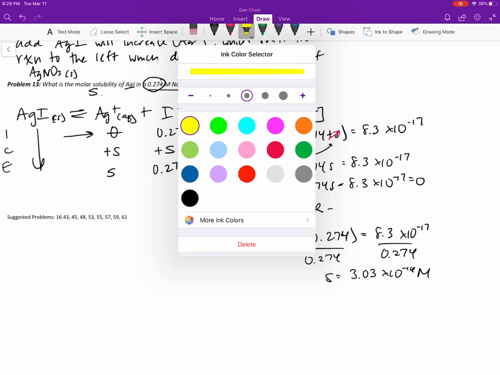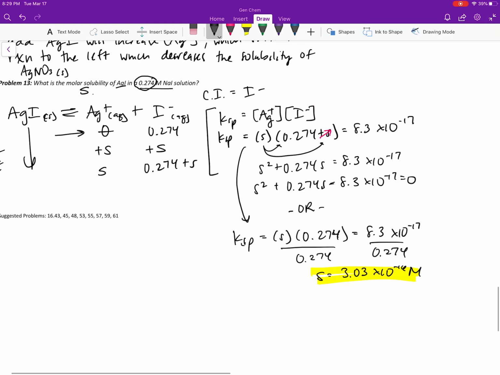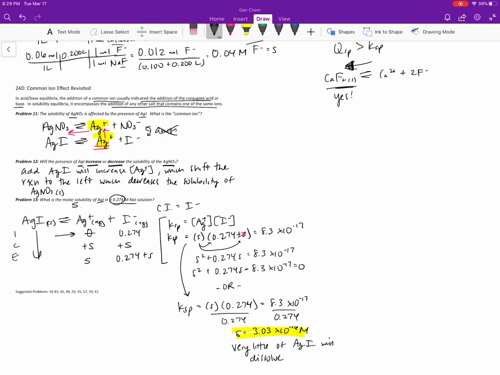Okay, so that is such a tiny number. So in a sense, with that amount of sodium iodine present, very little of the silver iodine will dissolve. Okay, so that's common ion effect. That's the end of lesson 24. And there's just one more lesson, which is lesson 25, that'll be in a